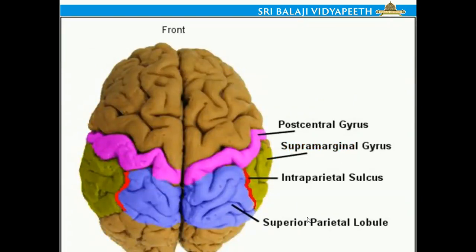So this is again the image that very clearly tells you this pinkish color, the depression that is seen before this pinkish color is the central sulcus, and this stained area is the postcentral sulcus. The greenish stained area is the supramarginal gyrus, and this is the intraparietal sulcus that divides the parietal lobe into a superior half and an inferior half. And this is the sulcus that divides the parietal lobe from the occipital lobe. Thereby, you can differentiate the colored parietal lobe from the occipital lobe. If you find the red colored line, that is the line I am talking about, dividing the parietal lobe into a superior lobule and an inferior